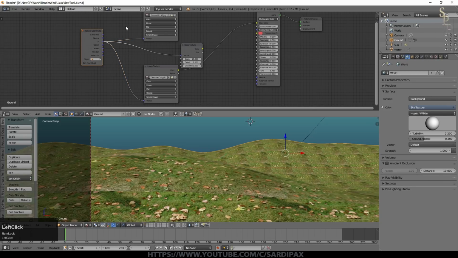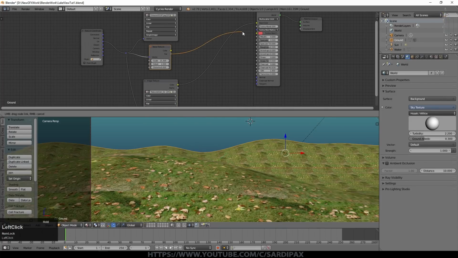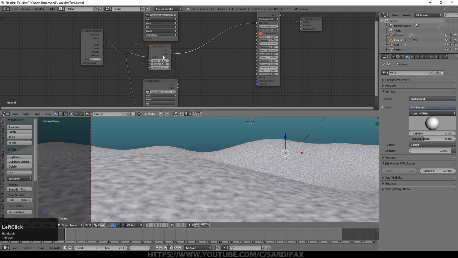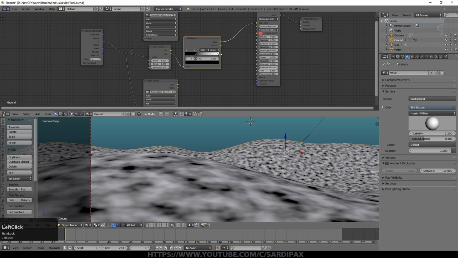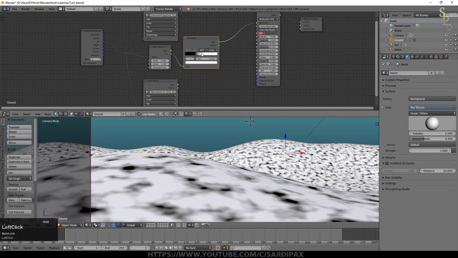It's only really the noise texture by the looks of things that affects. Hold the shift key down and then left click and drag to create a little node like that. So back to our noise texture. That's a little fine, so let's try and go back to 5, and now we'll add a color ramp. And what this is basically going to do is switch between those two textures.